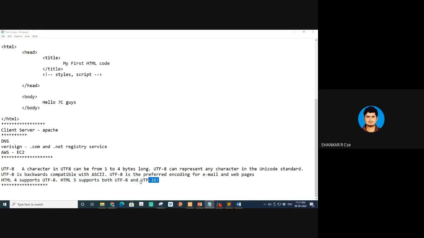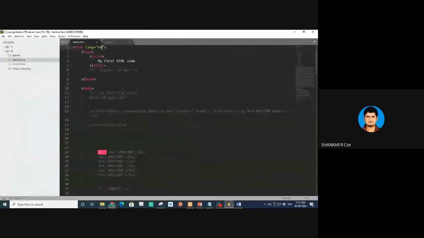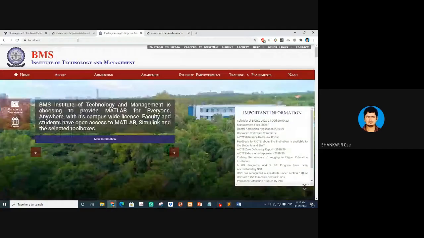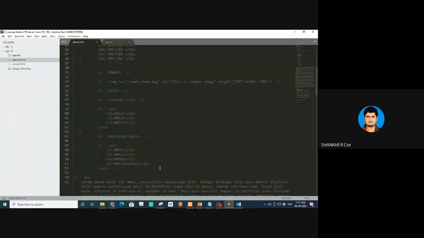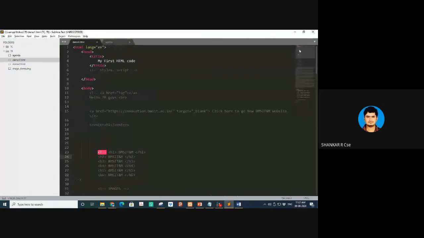So it says it is missing. Of course, it is missing here. We have not written it anywhere. You can write the encoding standard equal to UTF-8. Next comes the next error. We have not written doctype HTML. So even though we say it is an HTML5 page, we are not giving the browser any information. So we should be writing